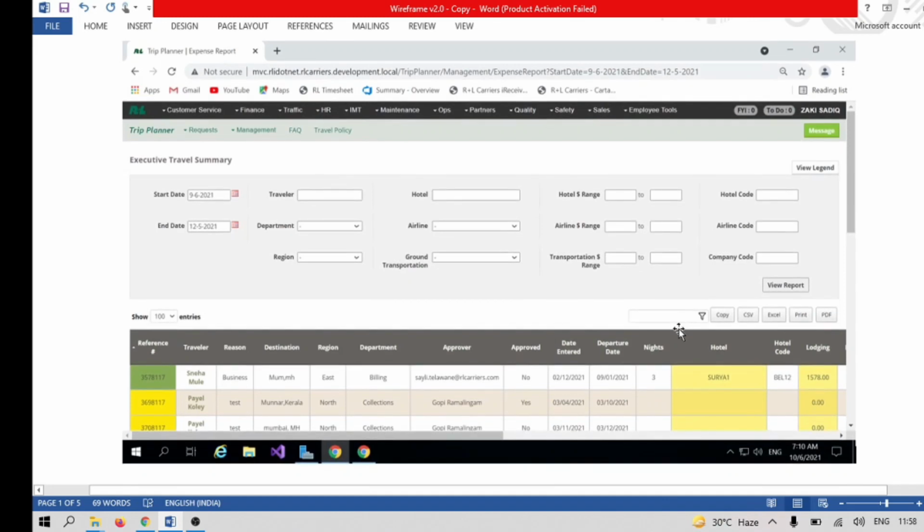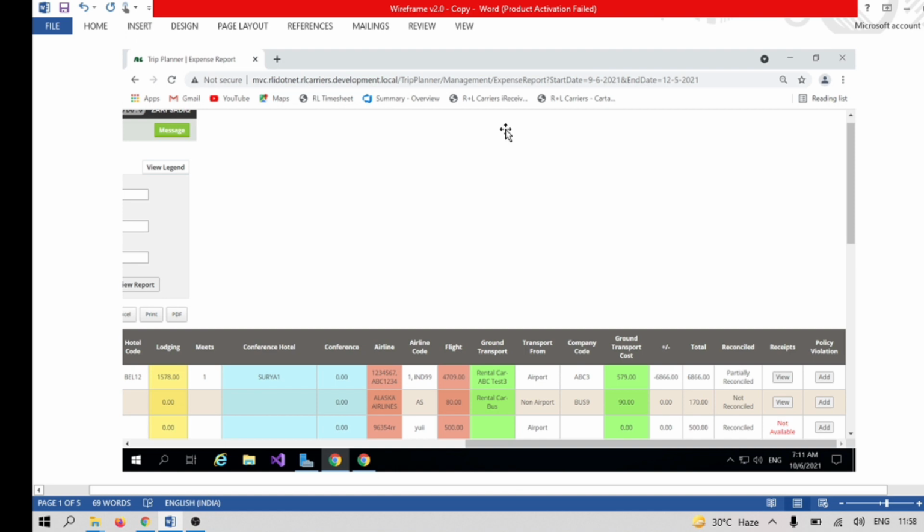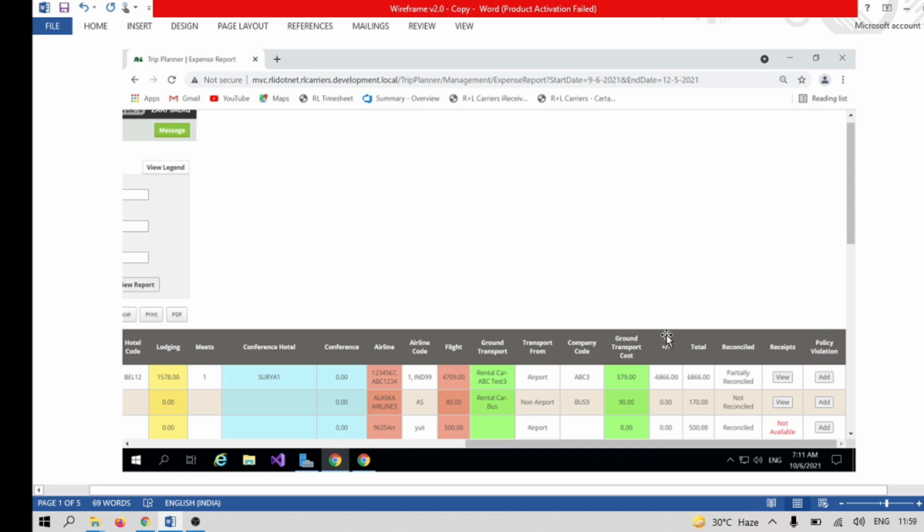So you can see here, earlier this screen was not yet developed. The user just wanted to see the wireframe or kind of prototype, so that the user can get an understanding of how it will look, and the place where it will get displayed. Okay, so I just created one wireframe. What I did, I just made some HTML changes in the DOM for this page, and after making the changes, this particular last row gets displayed. So that the user can easily see,